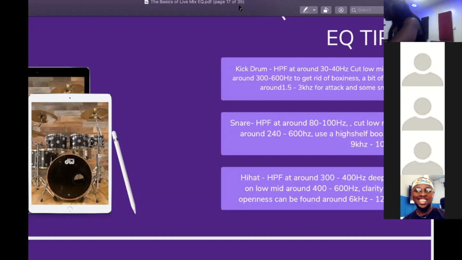depending on the kind of snare you're using, sometimes you might not even need to take out too much of the lows. Then hi-hats, definitely, please, for your hi-hats, it's only the high frequency that you really want to hear,